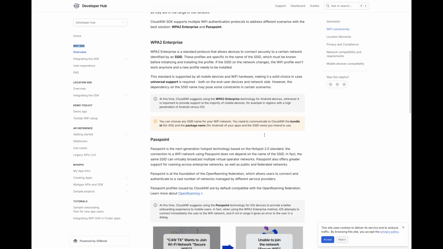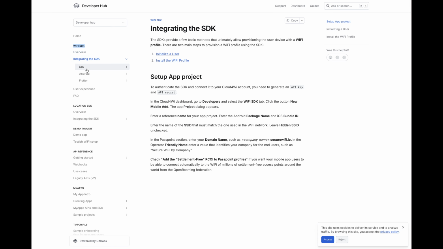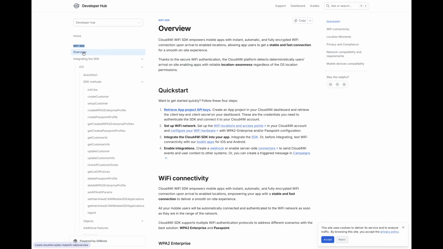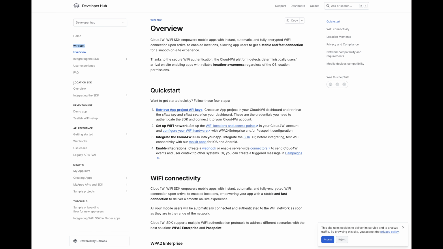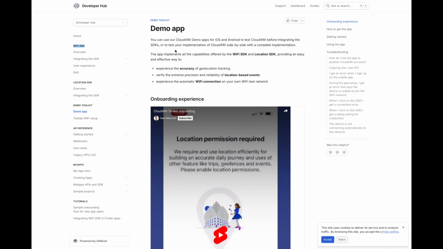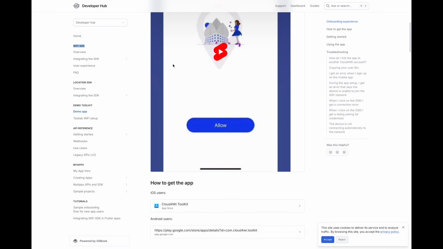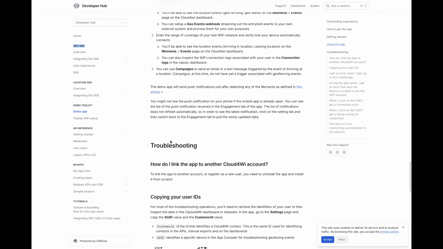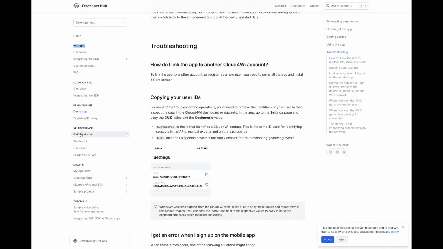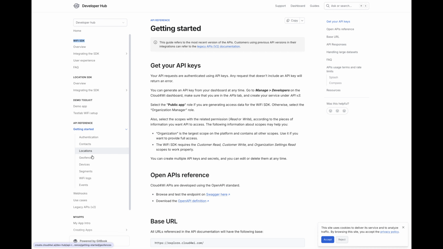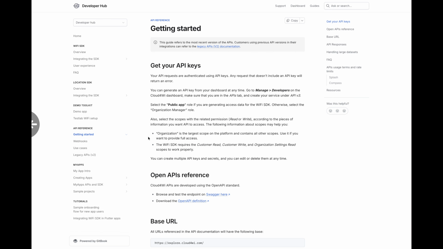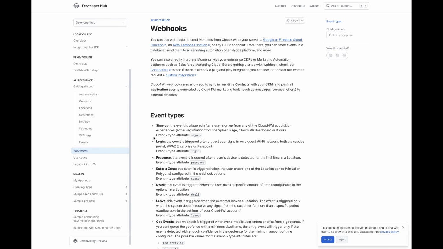Integrating customer data with external systems like CDPs and marketing automation platforms is one of the most common use cases. To integrate this data, you'll use the REST APIs we covered in the developer section, where you can initialize clients with API keys and secrets. All developer tools are thoroughly documented in our Developer Hub at create.cloud.4y.com. Here you'll find comprehensive documentation for the Wi-Fi SDK, including guidelines, recommendations, code examples, and libraries for iOS, Android,